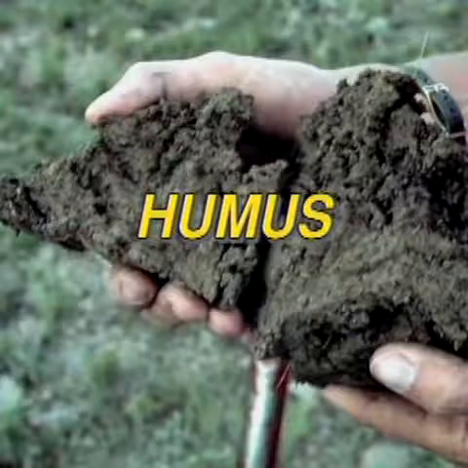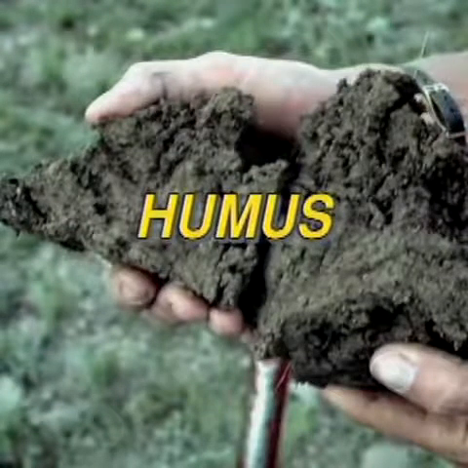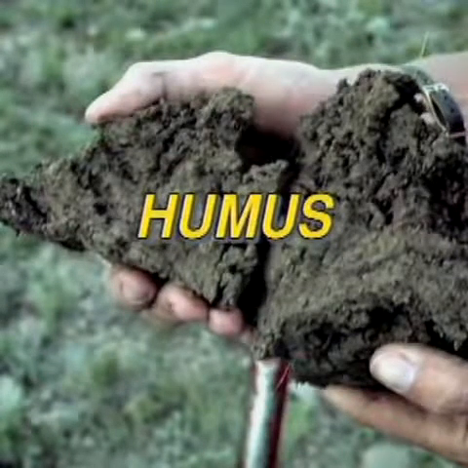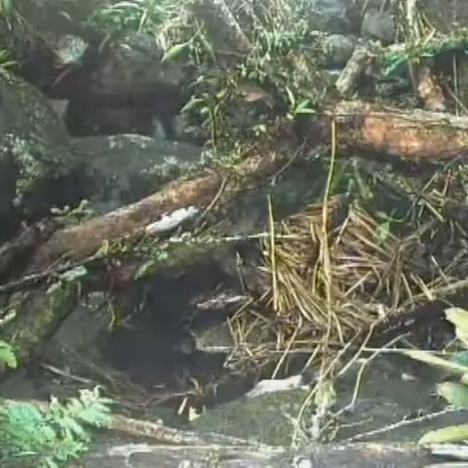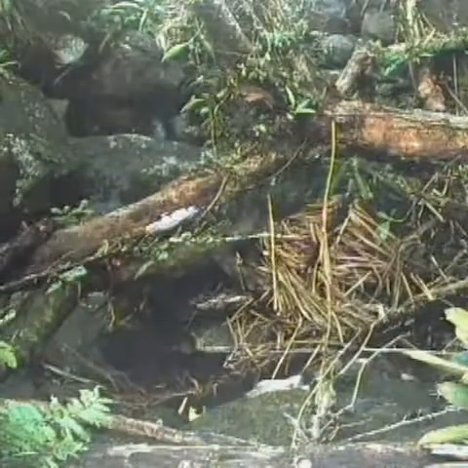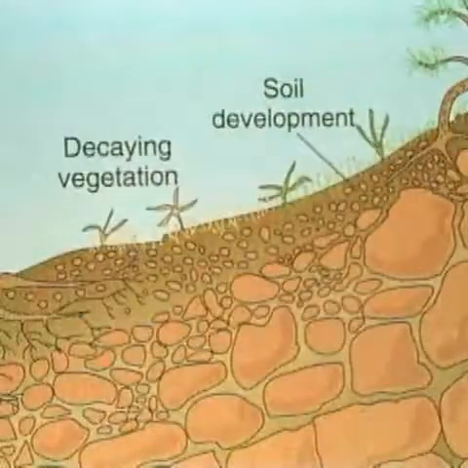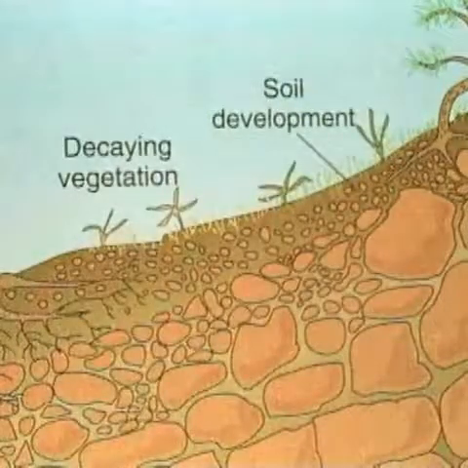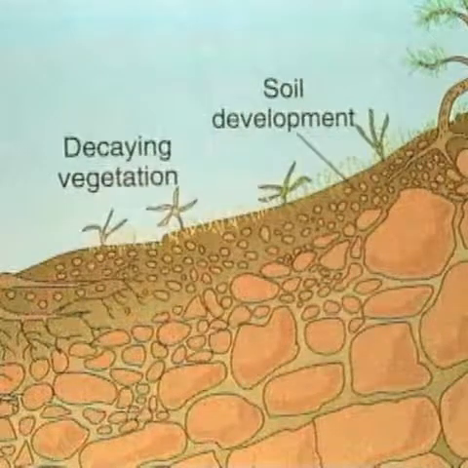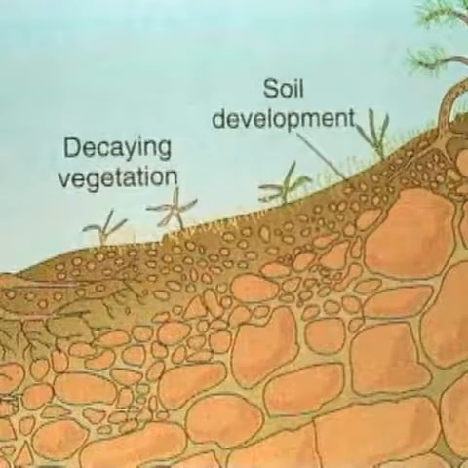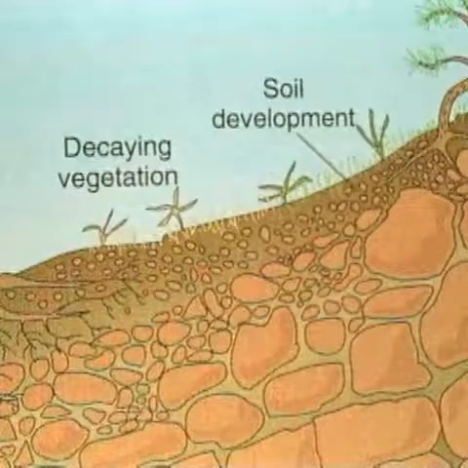Humus is a dark, thick, soft, and spongy organic material that helps to increase a soil's fertility. It develops as plant and animal matter decomposes. The decomposition is caused by microscopic bacteria and fungi in the soil. These microorganisms thrive when matter decays, and they in turn produce nitrogen, which is an important nutrient for most plants.